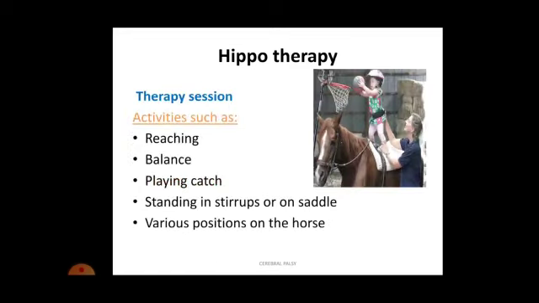Now, which activities can we plan? Clear. For example, reaching. In this figure we can see that the child is reaching to put this ball into the basket. That is nothing but reach outs. How are reach outs helpful? In reach outs, we are moving our position of center of gravity. In this photograph you can see that when the child is putting this ball inside this basket, the center of gravity is moving anteriorly. Again, when the child is coming back to the normal position, the center of gravity will come posteriorly.